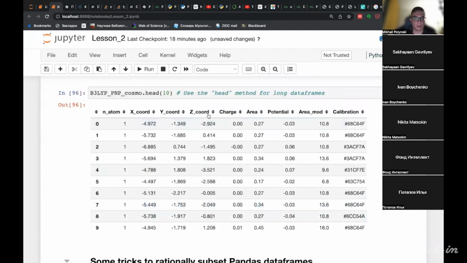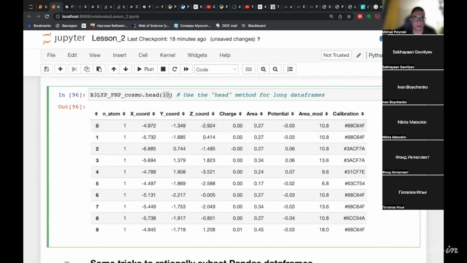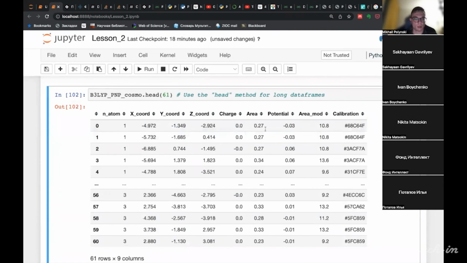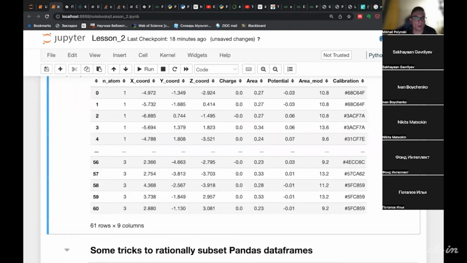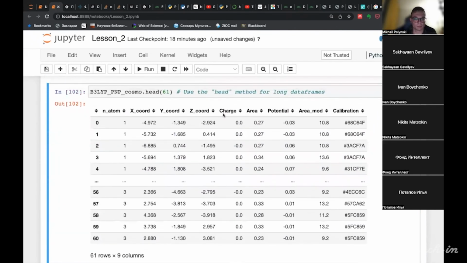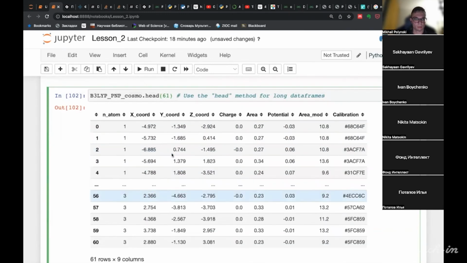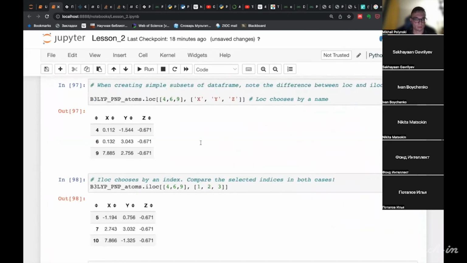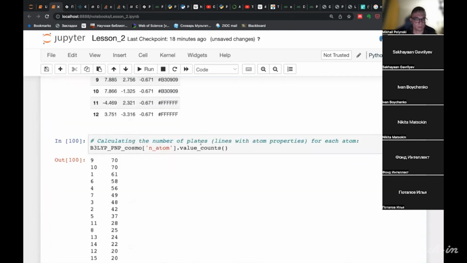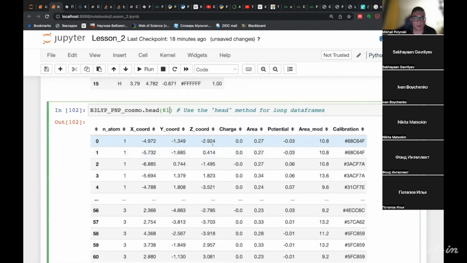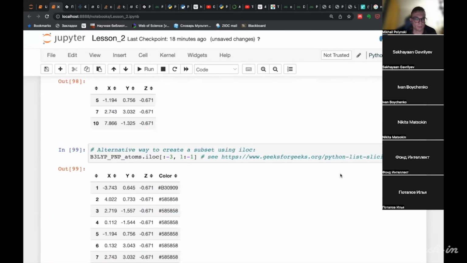It means that in the larger data, in the initial data frame, we have many lines, many rows for every atom.